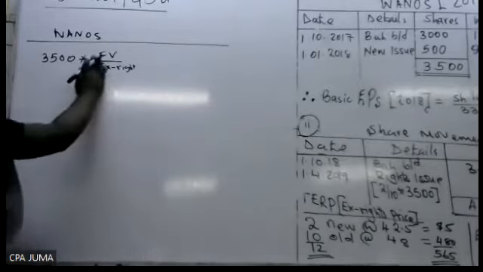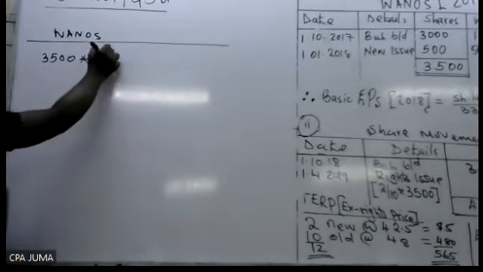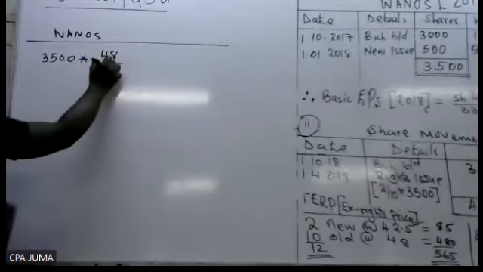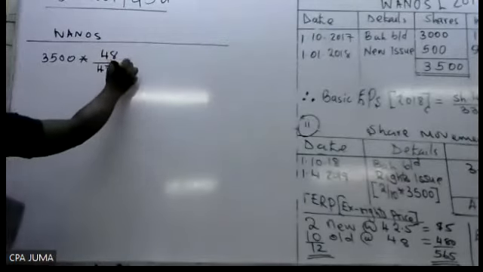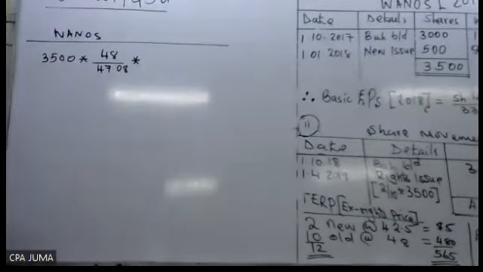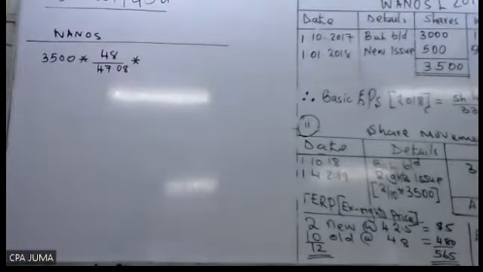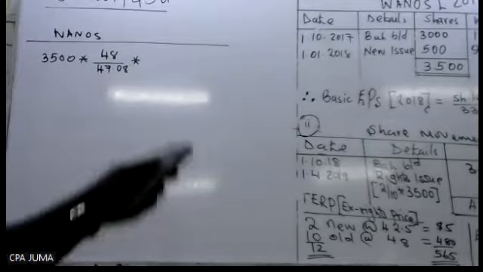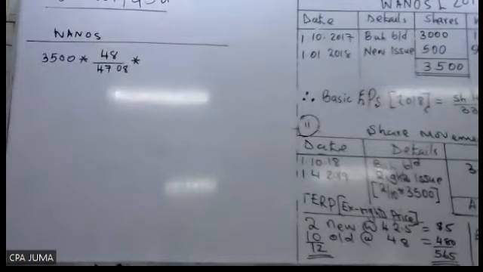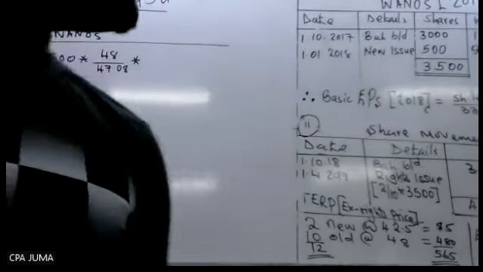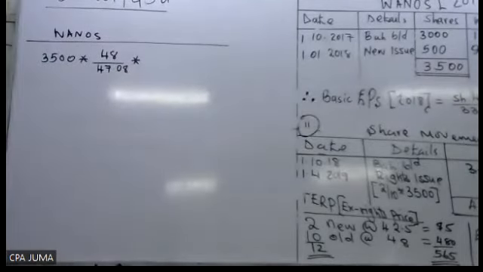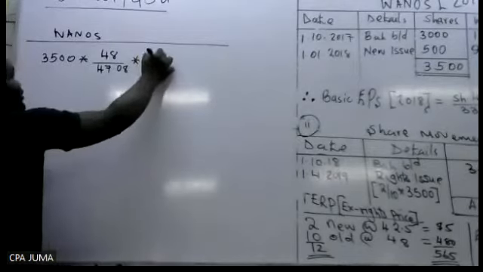So you take the fair value, which is 48, and divide by the theoretical, which is 47.08. Times the period, weighing them up to that date, the period before the rights issue. The rights issue took place on 1st April, so count from the beginning of the year up to 1st April. How many months? October to December, 3 plus 3, 6 months. So times 6 over 12.